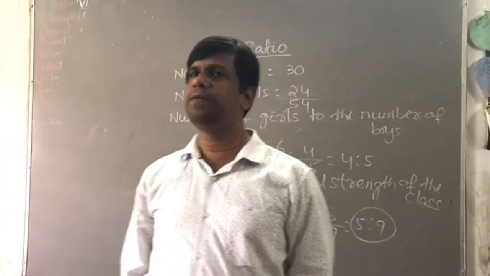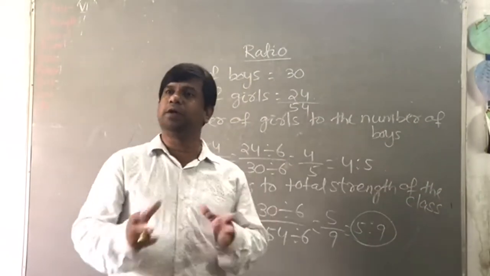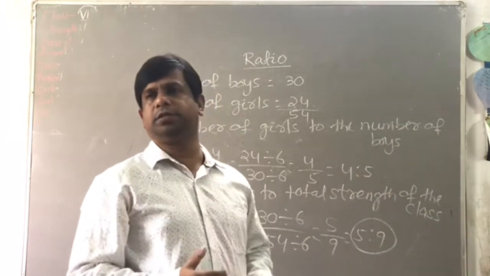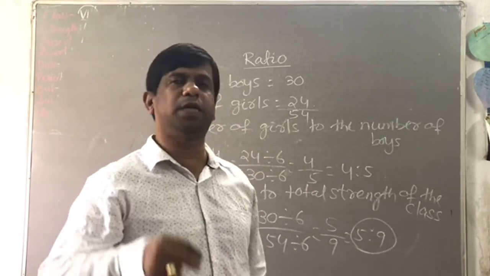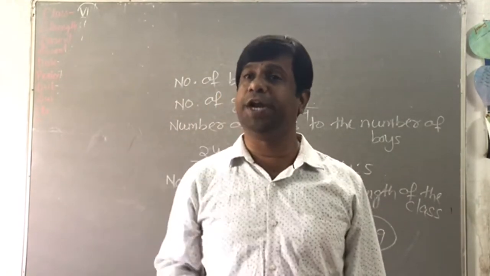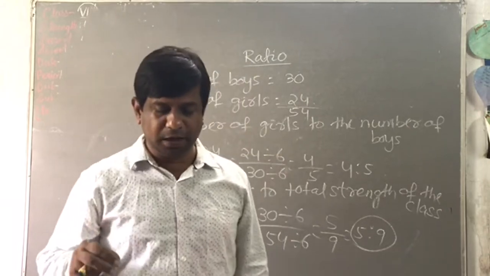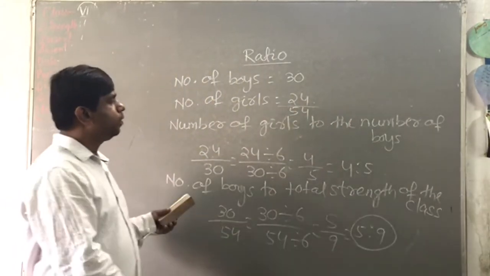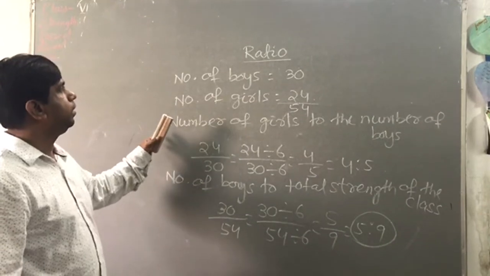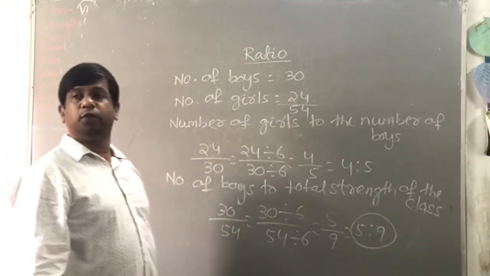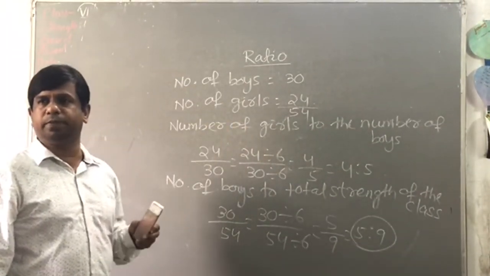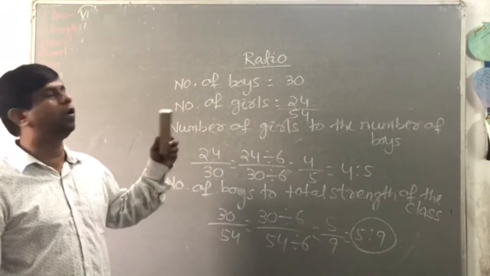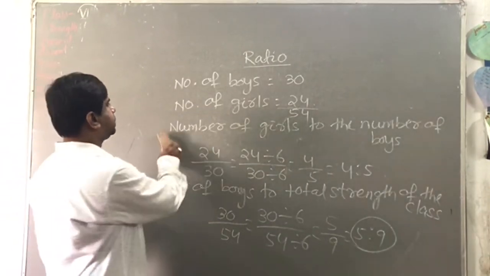Did you understand ratio? So ratio is comparing quantities, or comparison between two quantities of the same kind, of the same unit. Okay, so it is very essential. It is a very good, important concept. In your daily life, in science, in other subjects also, you use this concept. For example,